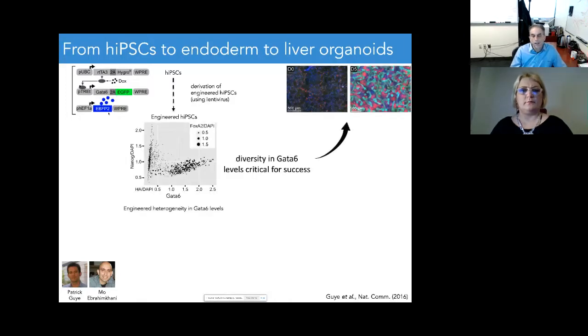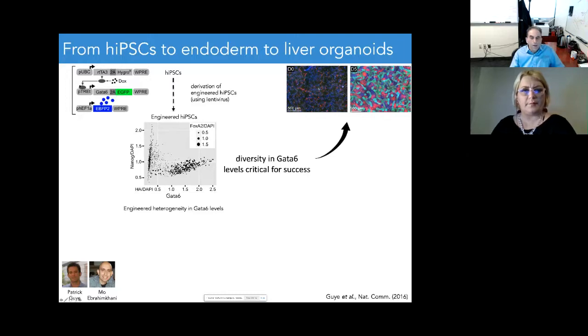Turns out that that diversity in GATA6 expression levels was the reason for success here. So the fact that we didn't have a tight distribution, but rather we had a very wide distribution, was the key for success. And so what happened? So day 0, you see there's no green. You see the picture on the bottom, top right. There's no green across the individual cells in the population. Cells are expressing blue. There's also this red that we used here for illustrative purposes.